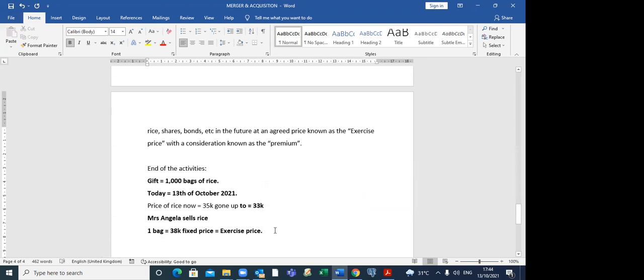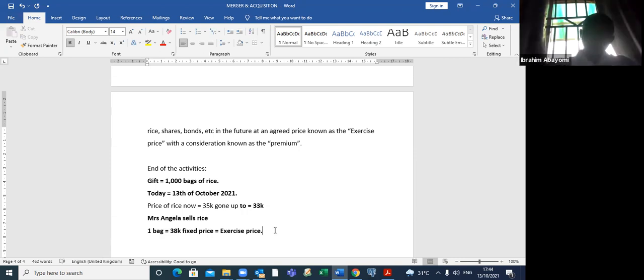Is that what it means? Yeah, that's what it means. Exactly. She's losing from both sides. If the price of rice drops, she will lose. If the price of rice goes up, she will still lose. So what is her gain? You now tell me, is that not a stupid agreement? How will I, as a seller, enter into this unprofitable agreement? Now, the answer is this. Before me, the buyer,